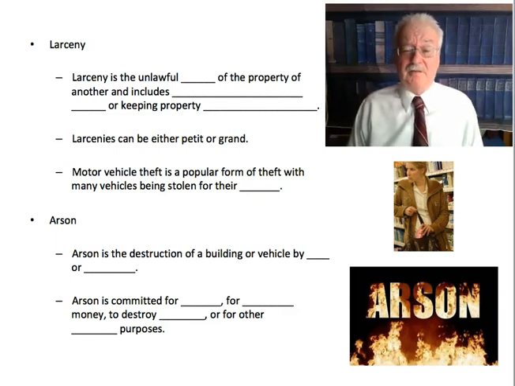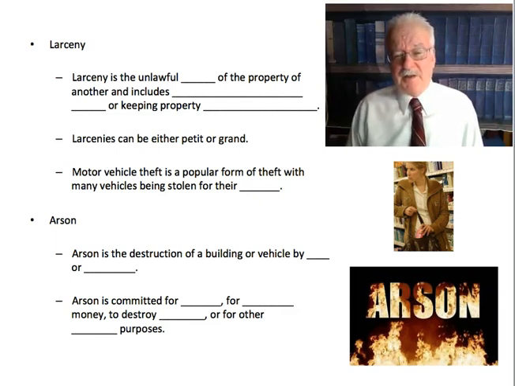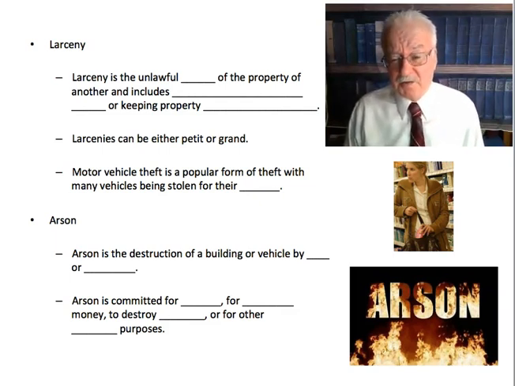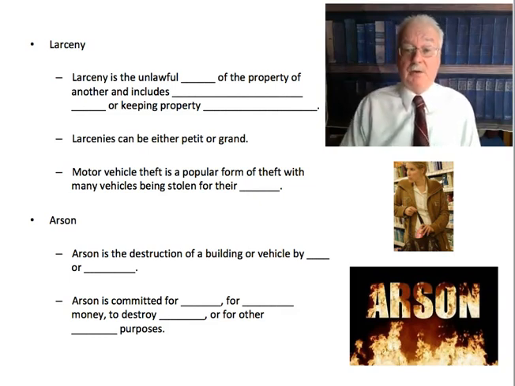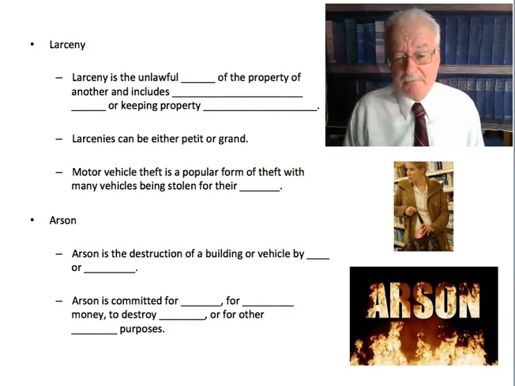But regardless of the value of the property, if you steal certain types of property, a credit card or a weapon or official government records, that's automatically a felony. The way you steal can also make it a felony grand larceny. If you steal property from the person of another, like picking a pocket, that's automatically grand larceny, even if you only pull out a 59-cent comb.